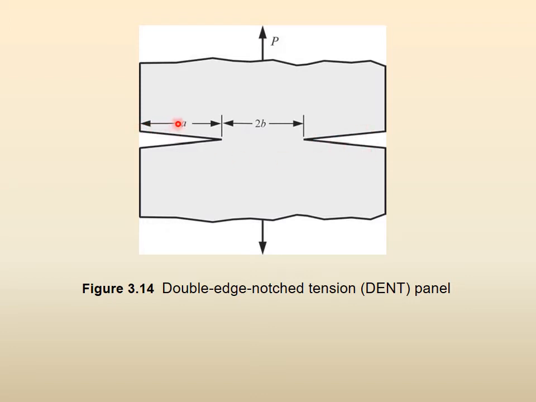So the crack size is a here, the crack size is a here, and the distance between them is 2b, and it is still mode 1 loading. So DENT, double edge notch tension specimen. They used the same method that was done earlier, but mathematically derived it, that for certain cases we can directly do the mathematical derivation rather than going through the very long process of conversion from the load displacement curve to the other things.